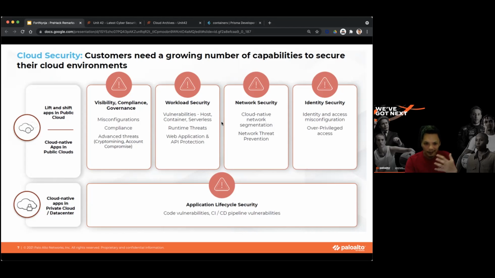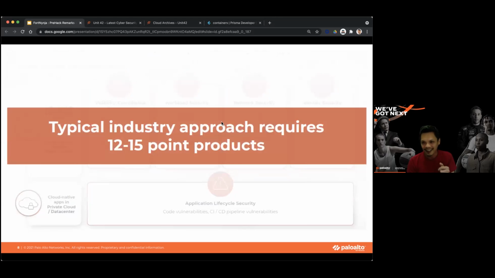The industry, and I've been in cyber long enough, had this conundrum that for every small little problem, we throw a product at it. For every small little issue, we throw a big point product system at the problem, and expect the security operations team to go and fix it. This was how we actually did it back then. If it was a web application, we threw a web application firewall at the problem. We threw intrusion prevention systems at the problem. We threw code scanning systems at the problem itself, just to be able to fix this.